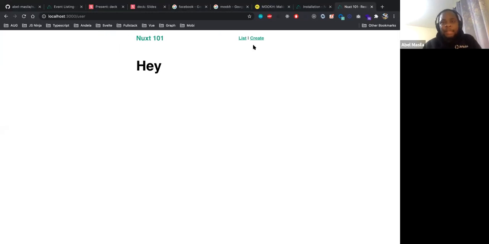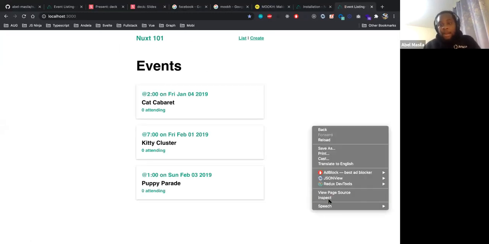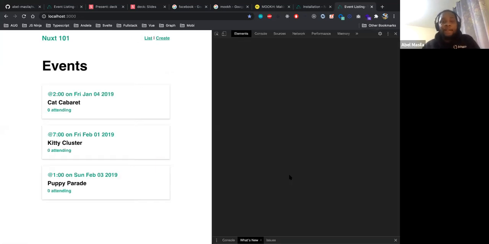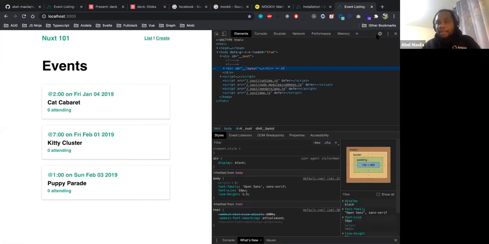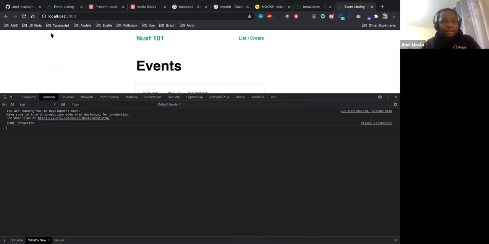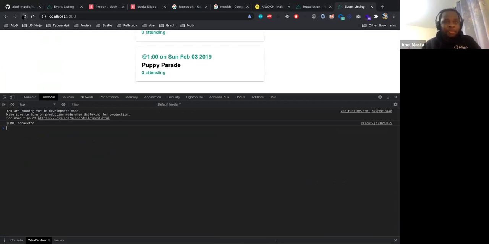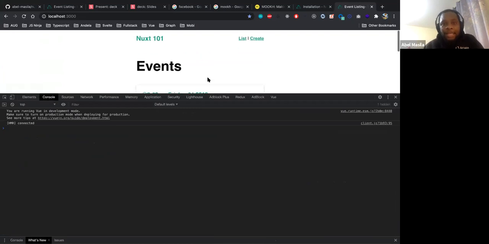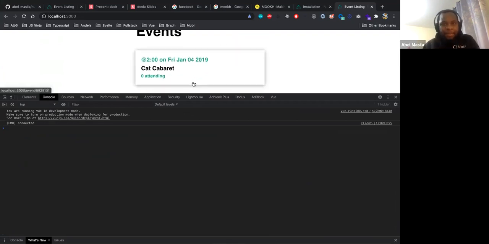I wanted to show something pretty cool with Next.js, which is called smart fetching for URLs. So let me put my DevTools in the bottom of the page. I'll scroll to the bottom and refresh this page. As you can see here, we basically have this component, the nav bar, with a link and a link, and then a couple of cards.